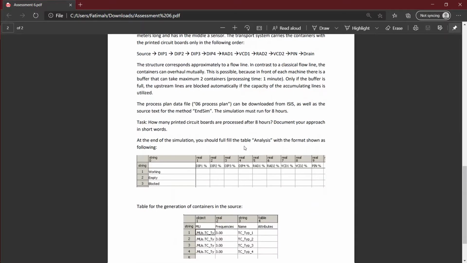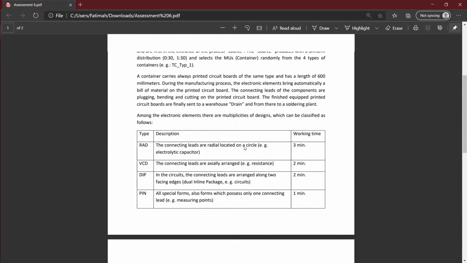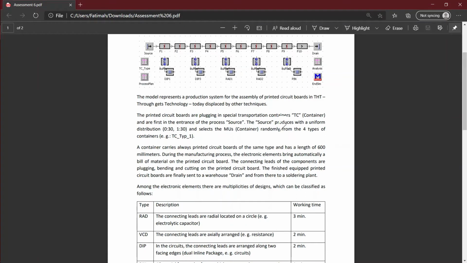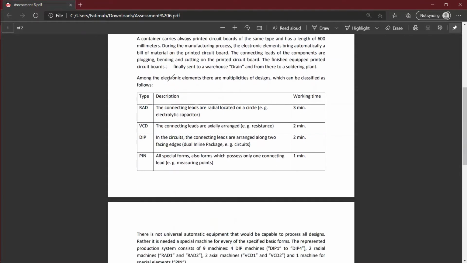Here is some information that instructed us to build the model. First of all, the uniform distribution for the source is between 30 seconds and 1 minute 30 seconds. There are also 4 types of containers that will be renamed as DC type 1 until type 4. The length of the container is about 600 millimeters, which is equal to 0.6 meters, and then it will be